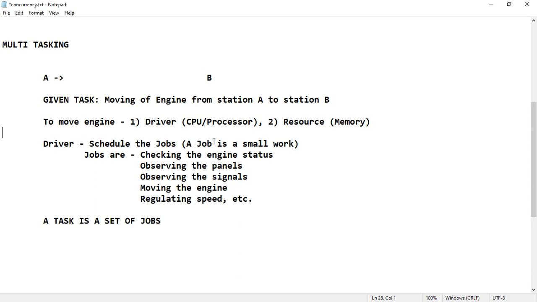For example, user 1 logged into the system and started doing one or two tasks, then logged out, and a second user may log in and do two or three tasks. He may open a notepad or MS Word or anything else, and he can log out while the tasks are still working. Then user 3 can log into the system and do his tasks.